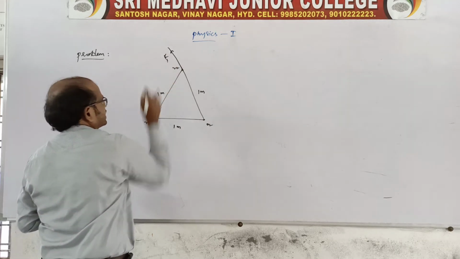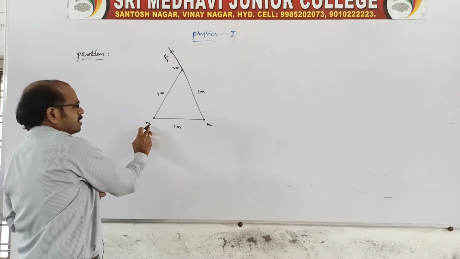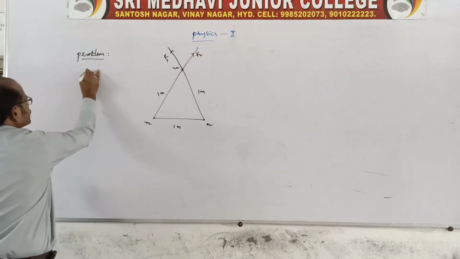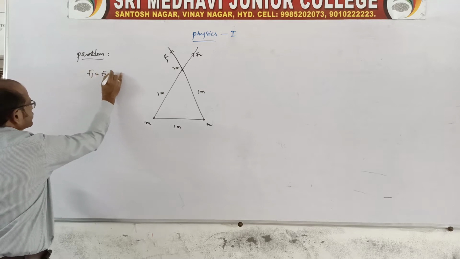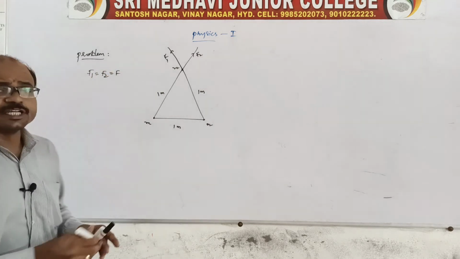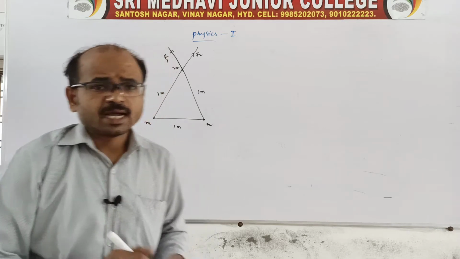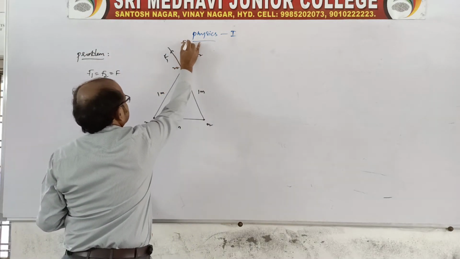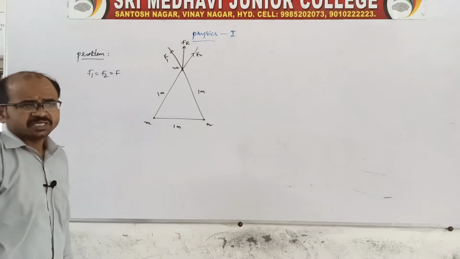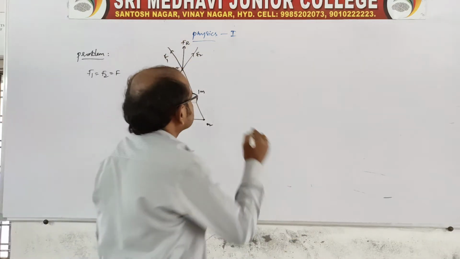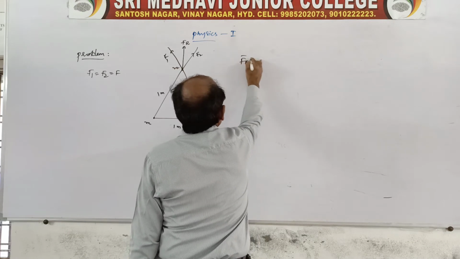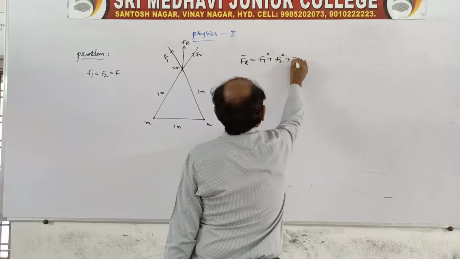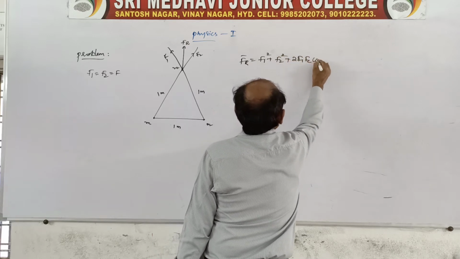Or you can say F1. And between the other two masses there will again be a force acting, F2, of course identical, so F1 is equal to F2 is equal to F. Now we need to find the resultant force at that corner only. So there will be a resultant acting, Fr. According to the parallelogram law, the resultant force Fr is equal to root of F1 squared plus F2 squared plus 2F1F2 cos theta.